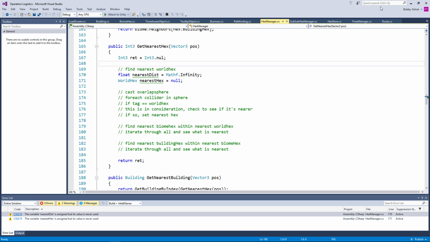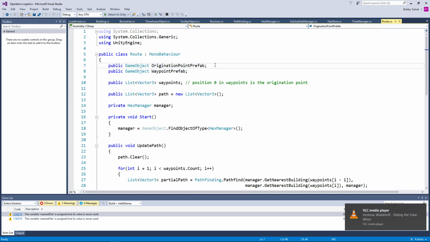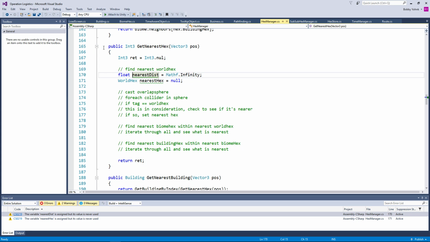Hello everybody and welcome back to Operation Logistics, where we pretty much just need to implement get nearest hex, and then we can start working on our actual putting together of the routes, which essentially would be just we enter route creation mode and place the origination point. And then once we have that, we can, I don't know, shift click to append a waypoint. And then we can click and drag on the waypoints to change where they are in the route edit mode. So that's pretty much where we're going with this, but for right now we need to go ahead and implement